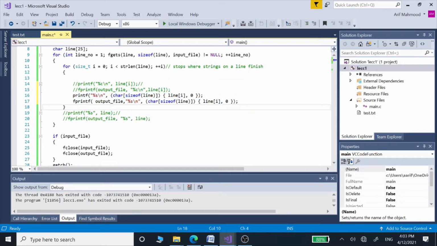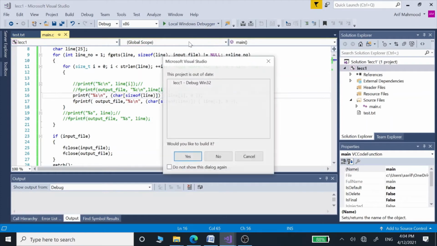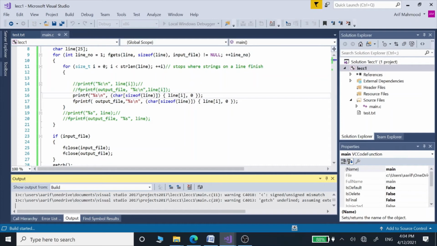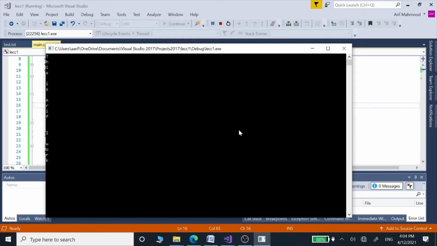We can see here we are using %s and %s for strings, and this is the way we actually change our characters into strings in C language. Now let's build and run this program. So now we have got our strings.